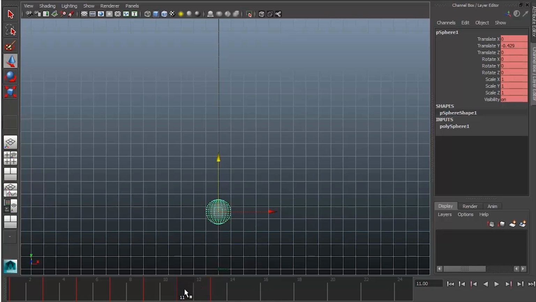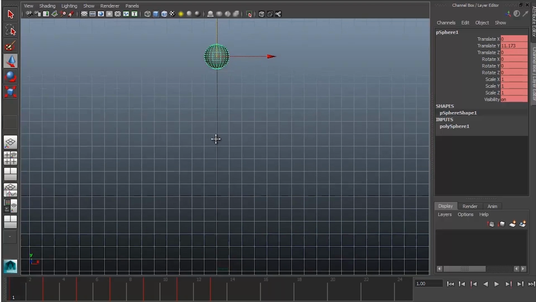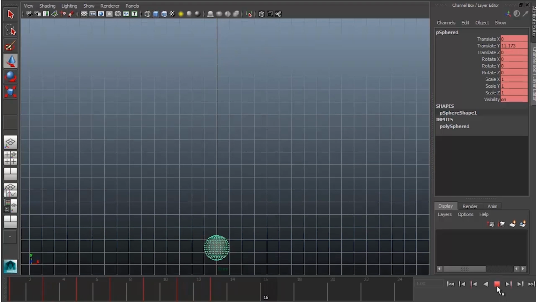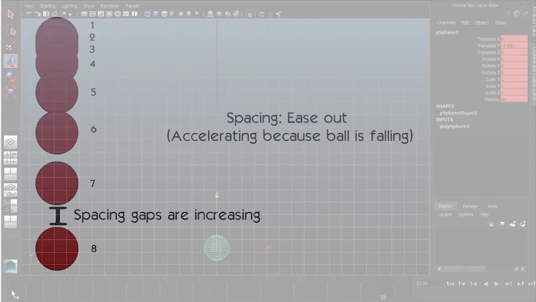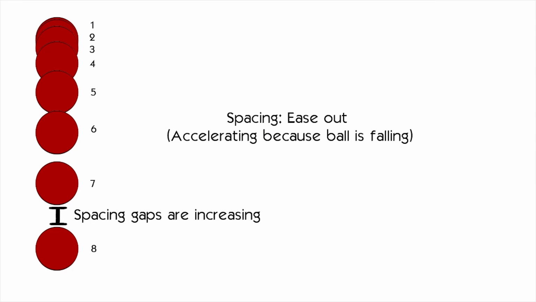I'm going to make it a 12 frame drop instead of a 15 frame drop. So now you guys can see just an initial pass with the ball in more traditional timing and spacing. Just a very simple example of how the ball is accelerating as it's dropping, and you get absolutely no computer in-betweens in there, so this way you can have this as a rough